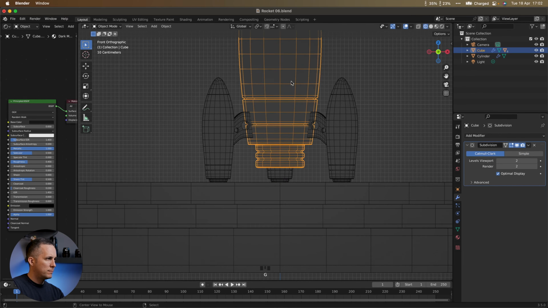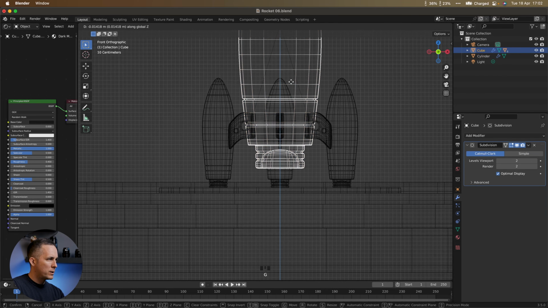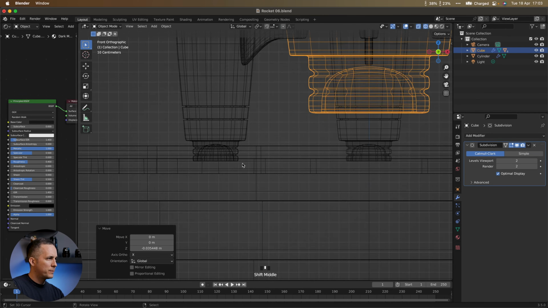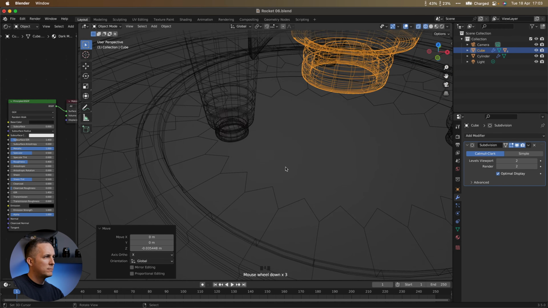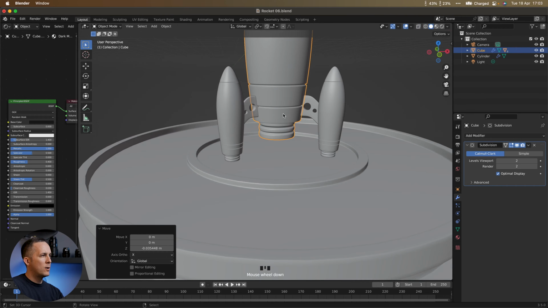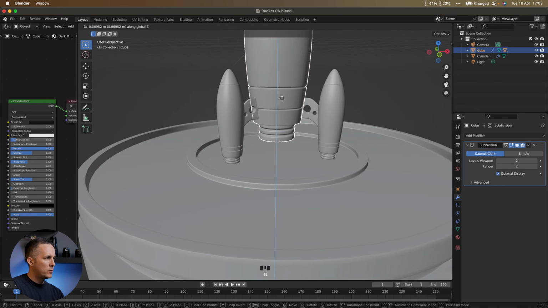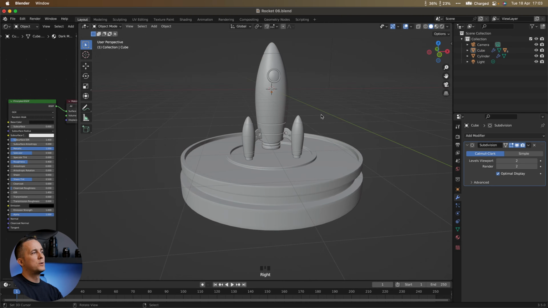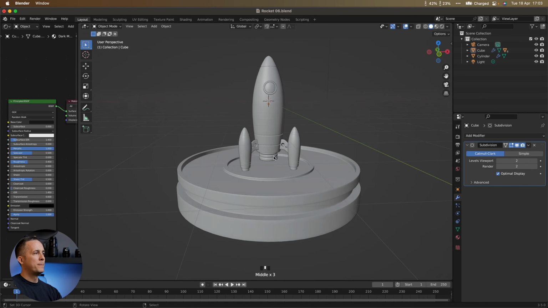If we Alt Z, come on. If we go with the rocket down, let's see, we want to put it right there. This is cool. So Shift Z, Alt Z, go back, and this is it. Also, we can select the rocket and move it down and see when it intersects with the background. And we just want a small intersection somewhere here if we want to leave the rocket at the launchpad, but